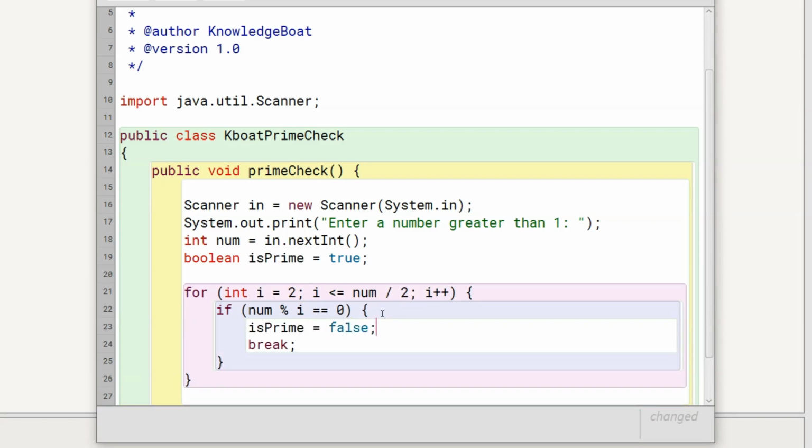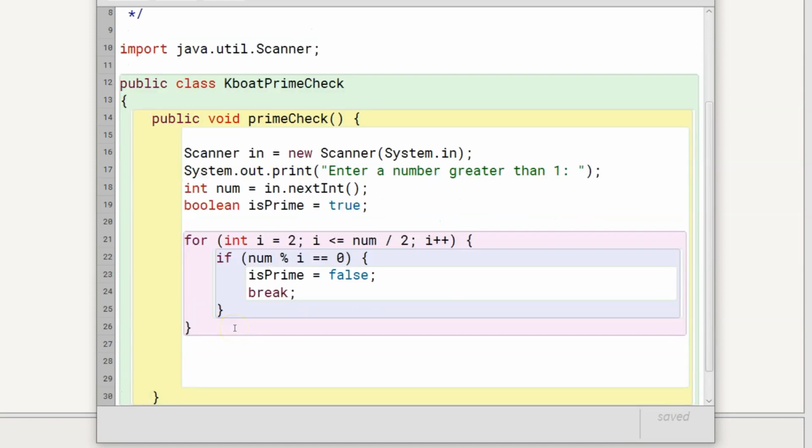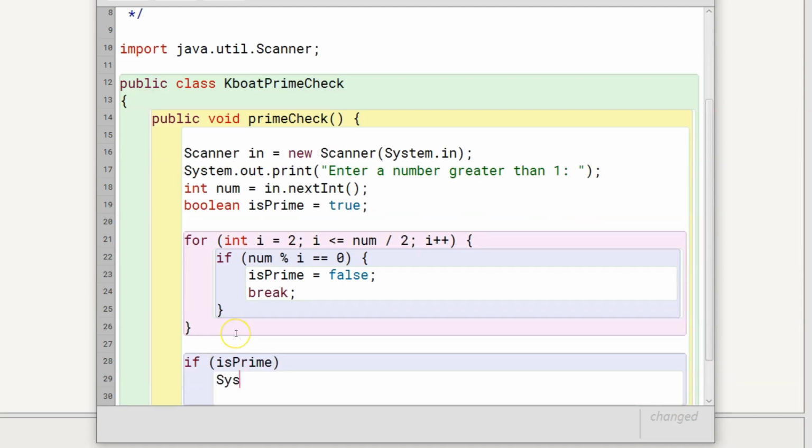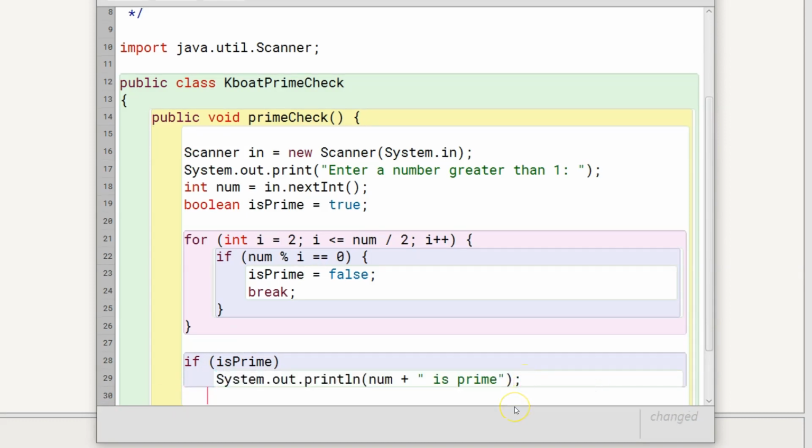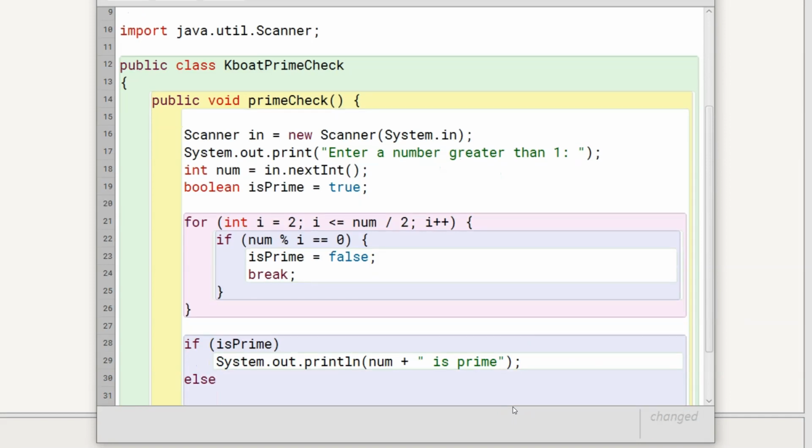The value of isPrime will tell if the number is prime or not. Outside the loop, I will check its value. If it is true, I will display the number is prime. Else, I will display the number is not prime.